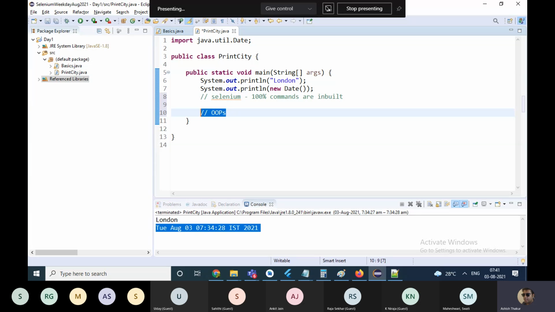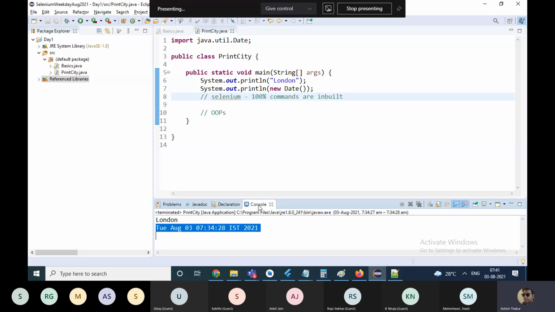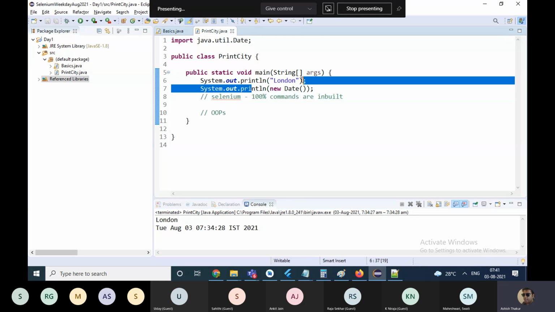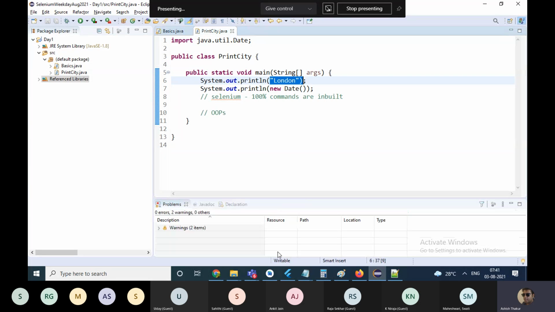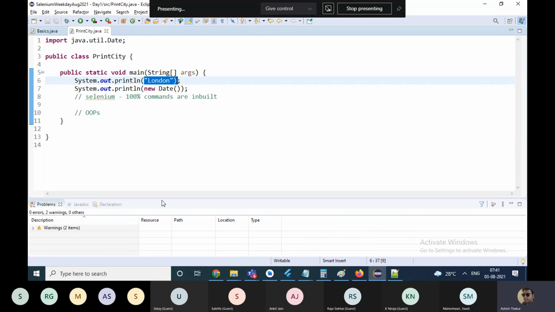Okay. Right. Before I jump over to OOPS, there are a few basic things in Eclipse which you should know, and people get stuck when they don't know about them. For example, this is the console output window at the bottom, in which whatever you print in the code gets printed. At times people close it by mistake, or they close the package explorer by mistake.